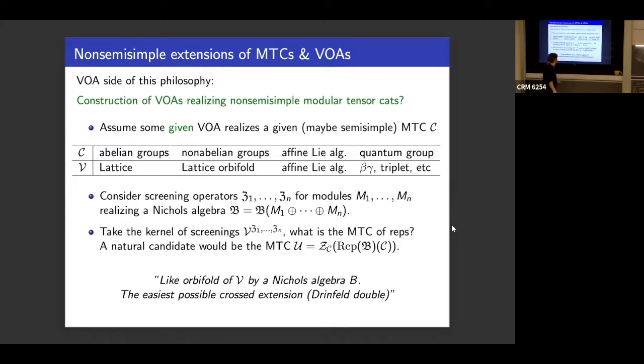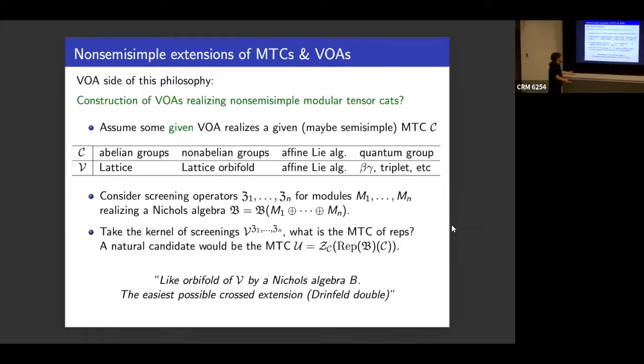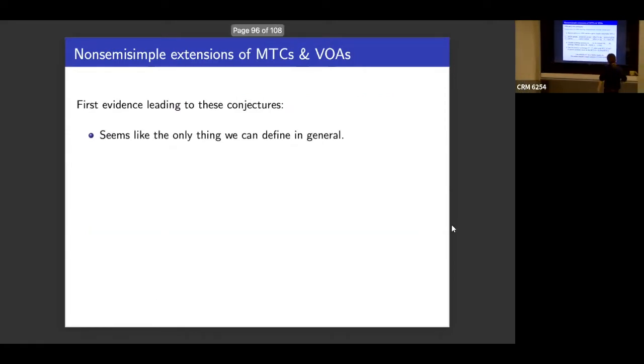And I'm not claiming in any way that I can prove this. I'm not even claiming it's right. I'm just saying that's the only thing that comes to mind. And this philosophy has some reasons why it might have a chance of being true, or at least generating right ideas. And I want to give you some evidence. So now I'm completely speculative, and I'm showing you some recent work with Thomas and Matt Ruppert, and I also show you how the triplet case looks like. And maybe that's the only arguments I have.